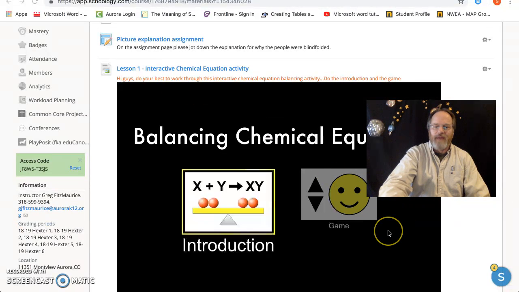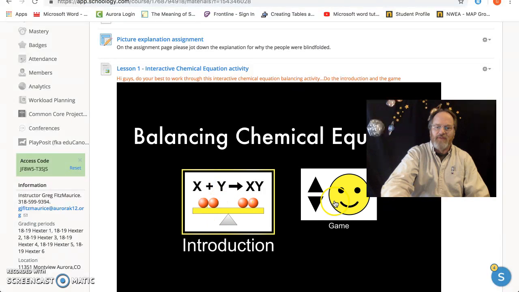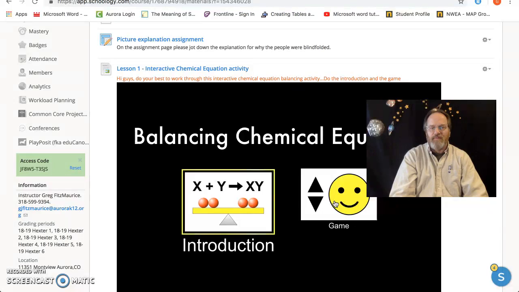And then we have balancing chemical equations. This first part is an introduction, okay? So you'll just be able to click on the link, and then there's a little game where you can keep manipulating the molecules by hitting the up and down arrows that are in front of the molecules to try to balance them. Hopefully that gets you familiar with what a balanced equation will look like,